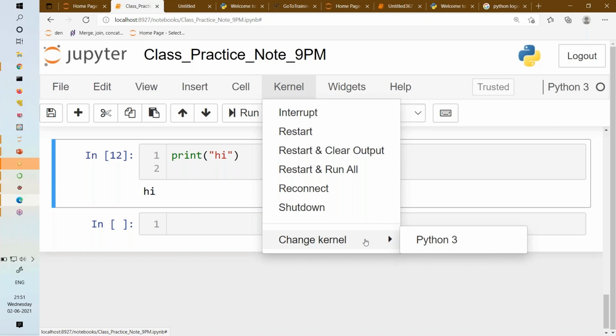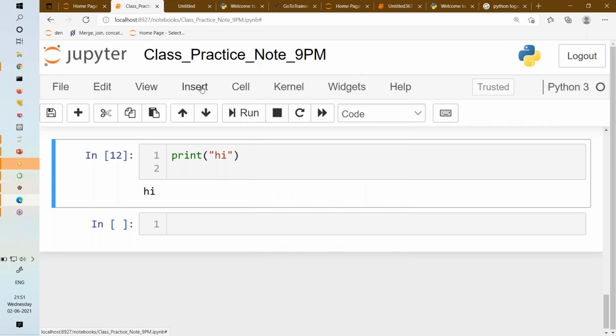Very, very specific to data science. Let's say tomorrow you want to add a Julia kernel. Yes, you can add it, and you can write Julia programs in your Jupyter notebook, right? It supports different programs. So this kernel is clear, this help is clear. Insert means you can insert a cell above or below, download and then upload, right? Checkpoint, save. Z means undo, right? And then print any Python code you have written. Plus, scissor, cut, delete. All of these are basic things. I think with this we are good with Jupyter notebook.